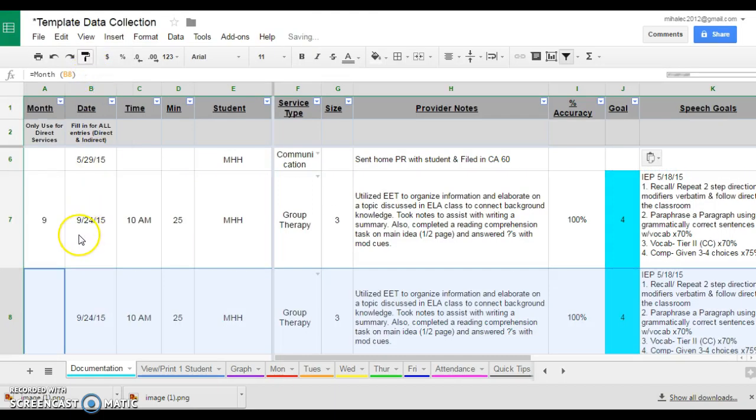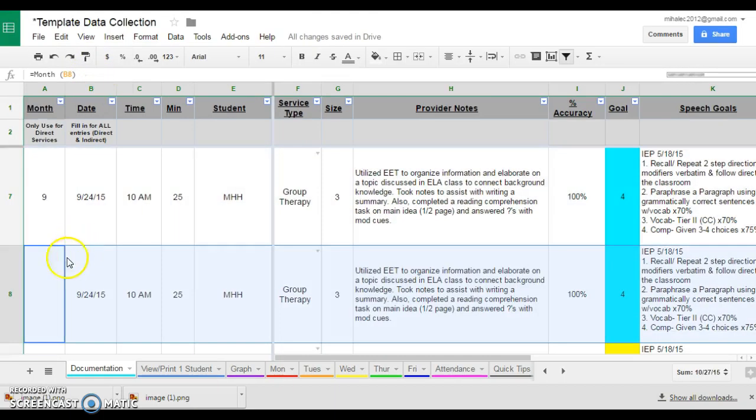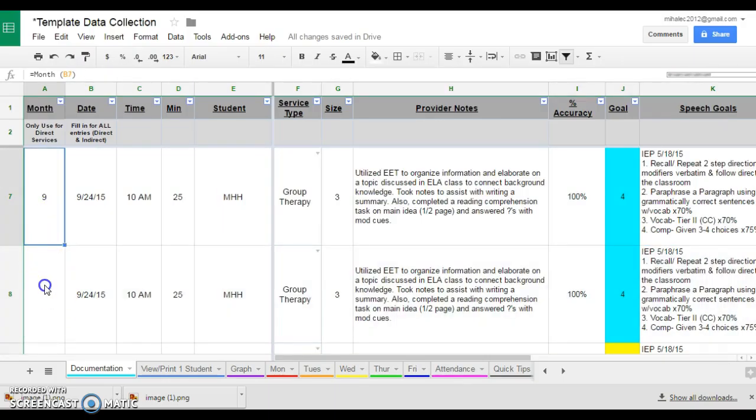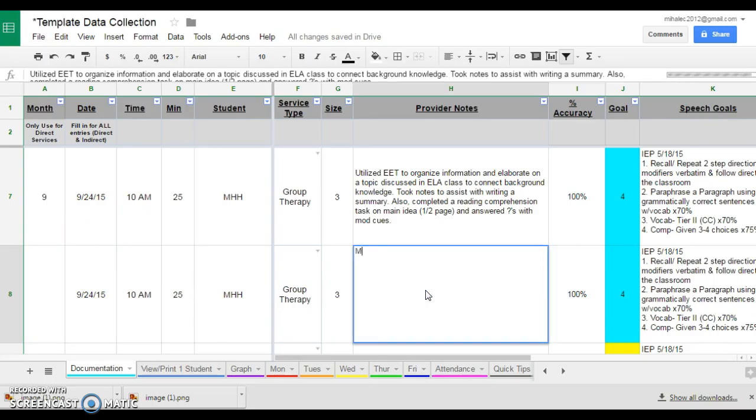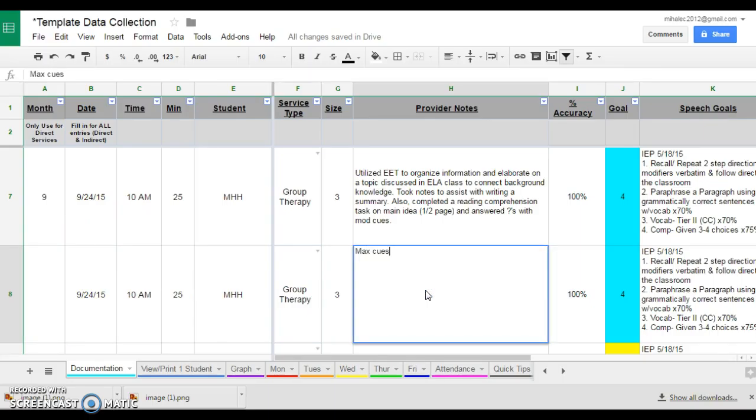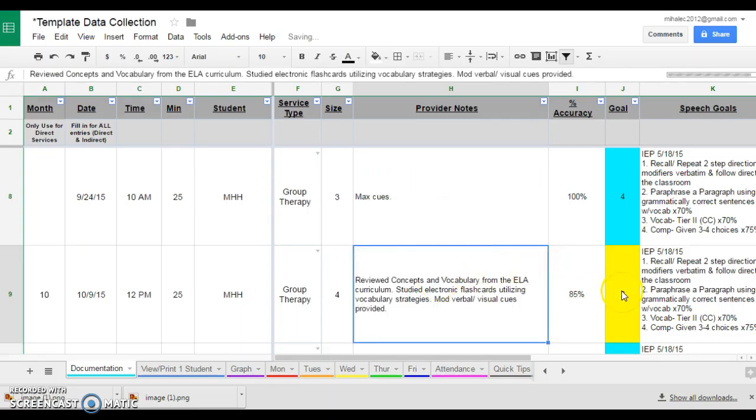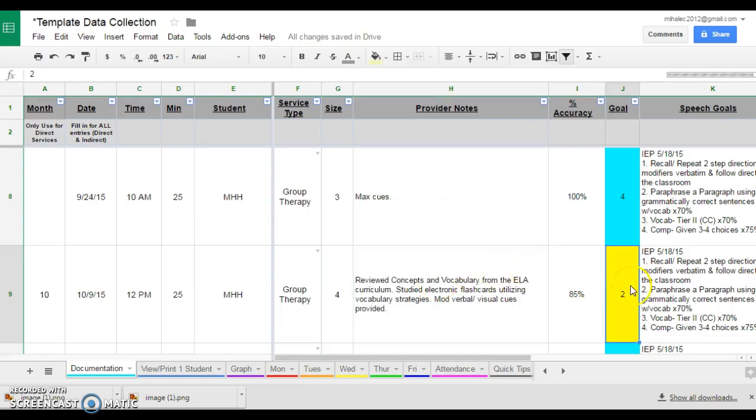It is important, if you want your attendance to work out correctly, that you delete the second entry right here for month. You do not want 2 of them to populate, otherwise it will count as two times on the attendance page. But it's okay if the date is twice. All the information is the same. If you want to change the notes for the second entry, that is fine, because you'll be targeting, obviously, a